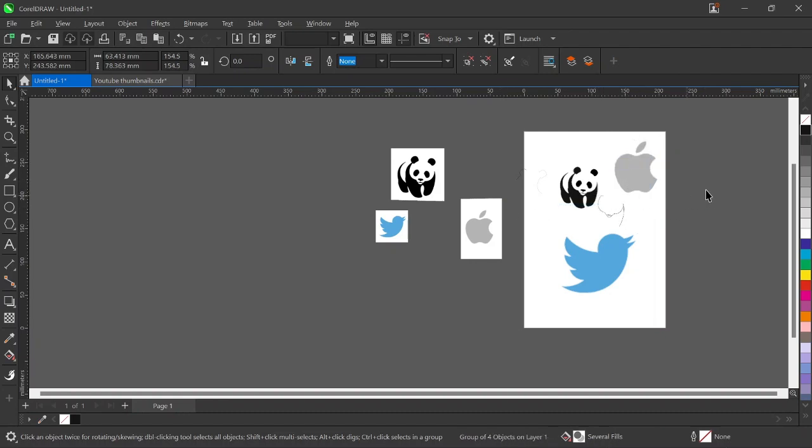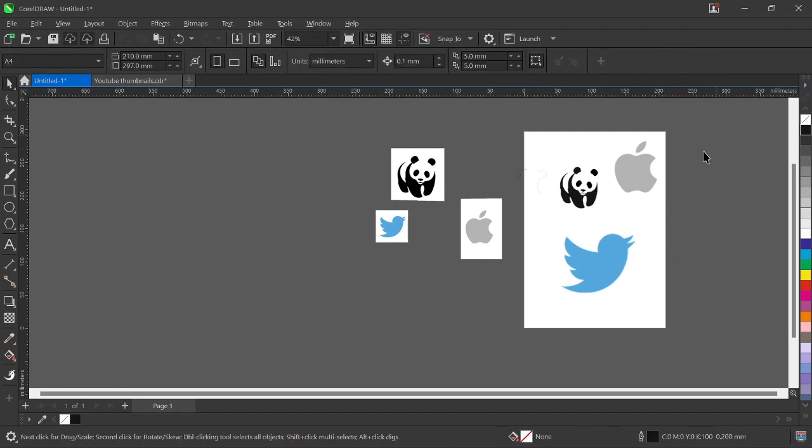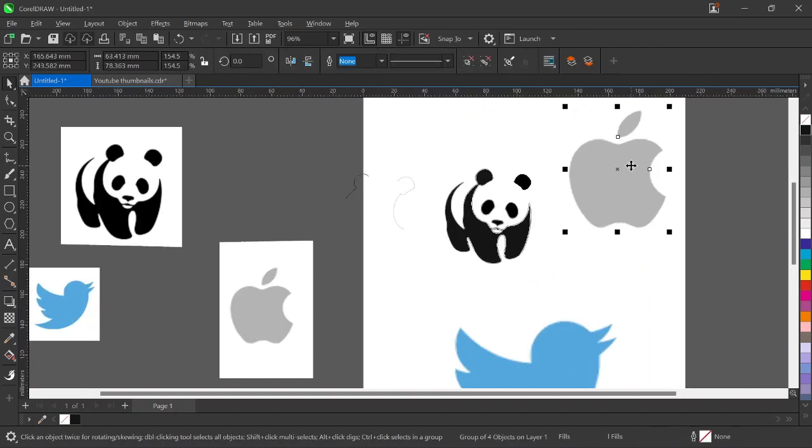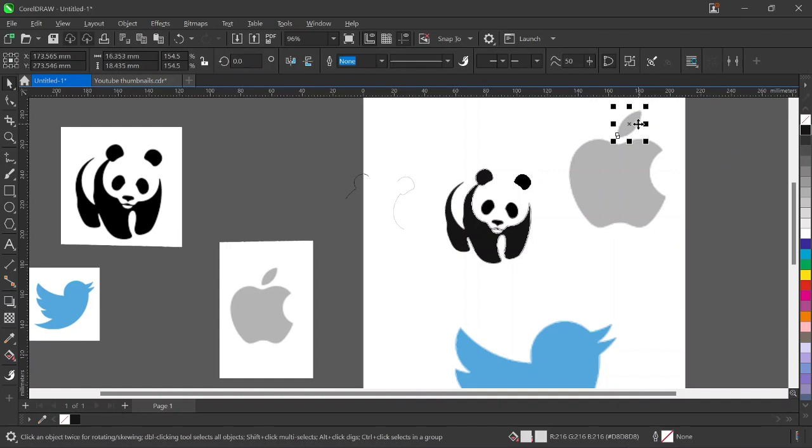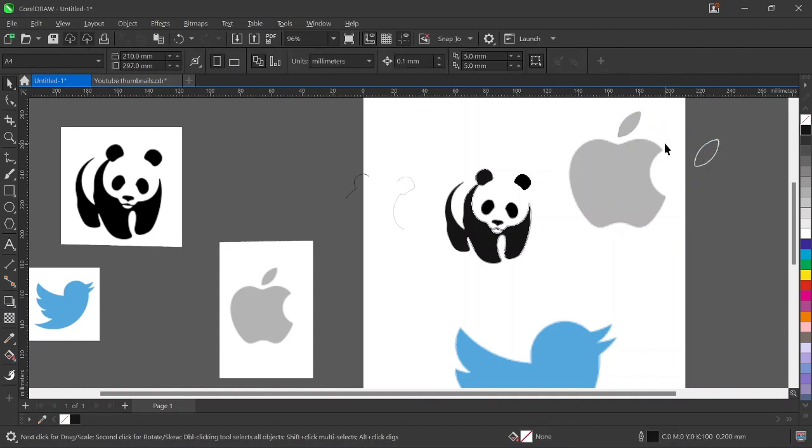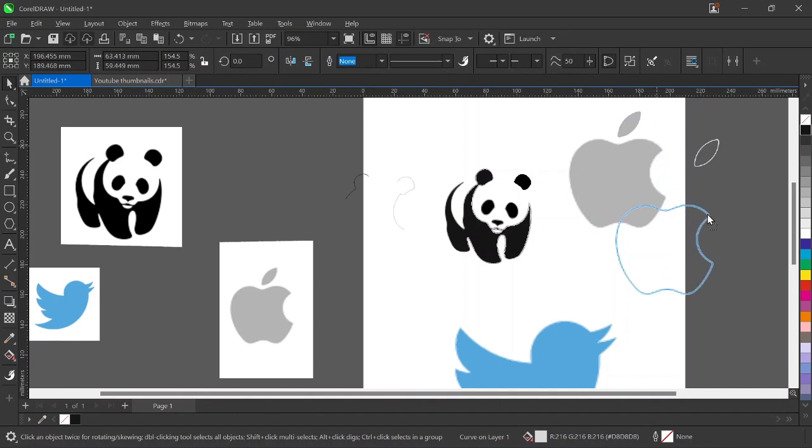So this is how you can trace a logo in CorelDRAW. Well, you can see edit this too. You can just come here and ungroup this all and see how you can just take these parts out to give your logo a more great view. So you can give it any color of your choice, anyone you want,